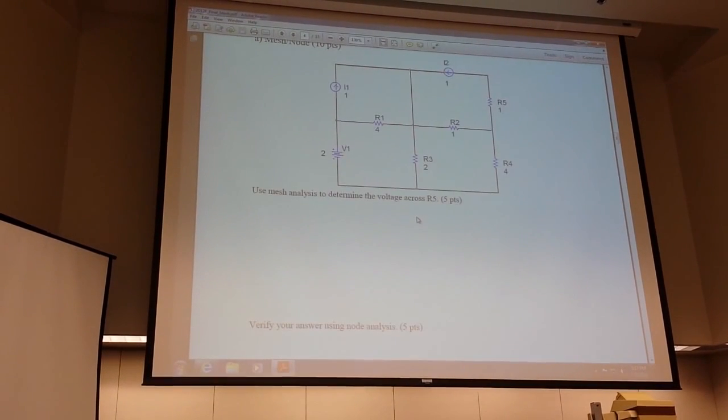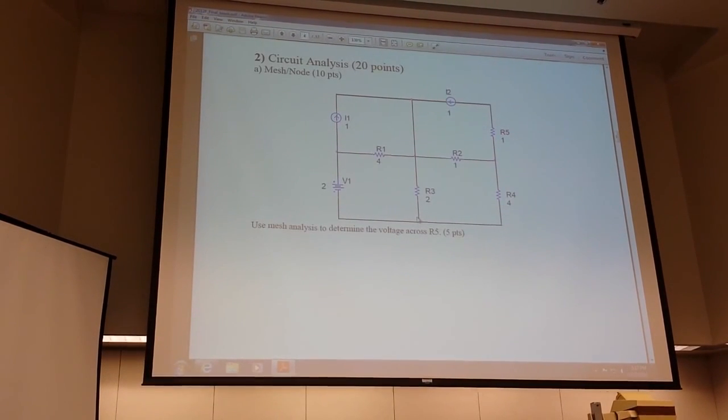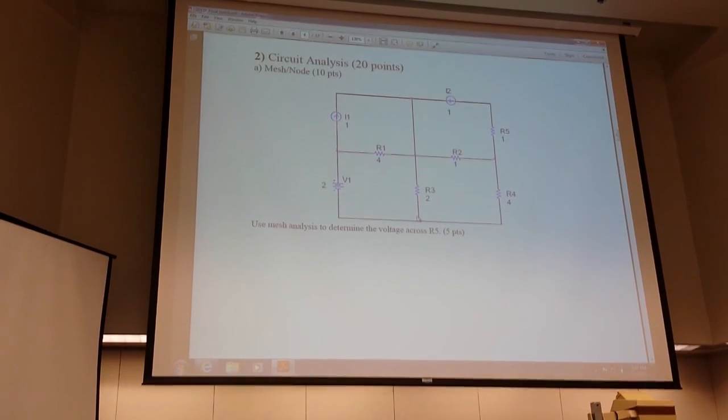And that was it for short questions in this exam. So, mesh node analysis, I assume that this should be, yeah. Going quickly back to the delta,